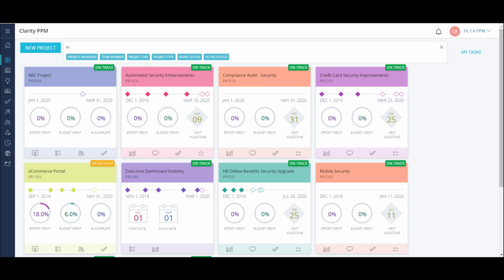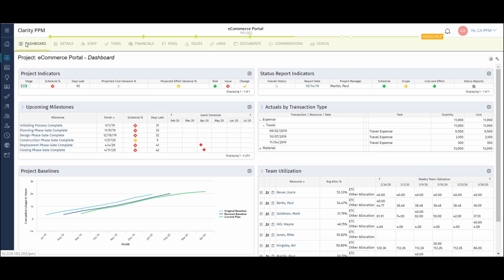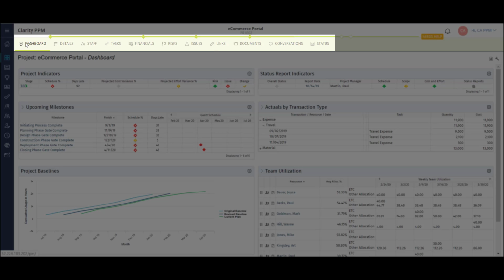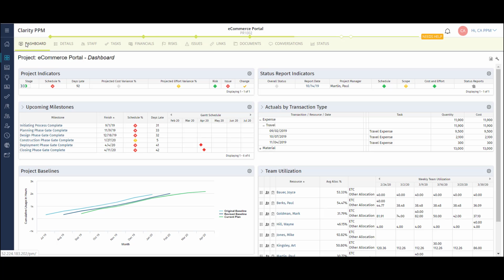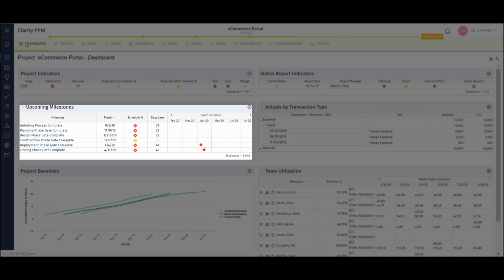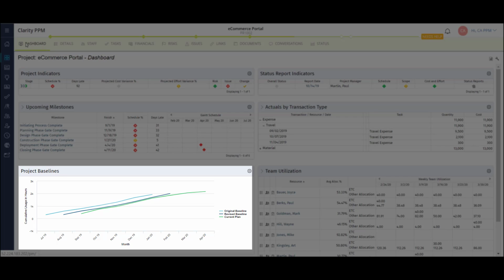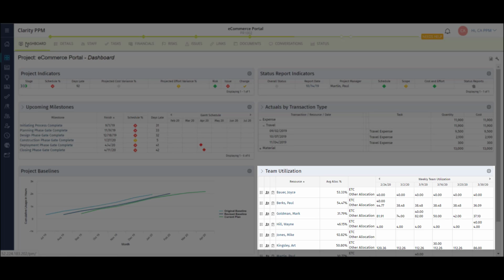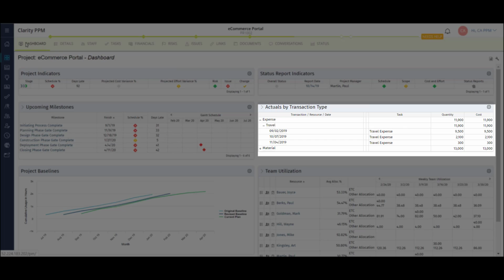Now I'll drill into my e-commerce portal project dashboard using a quick link. I can access all major modules of projects using the tabs at the top of the screen. Modules can be reordered, added, or removed based on the project blueprint. This dashboard gives me great visibility into key areas of my project. High-level risk and issue status, upcoming milestones or phase gates, baselining, project team utilization, a project actuals drill down, and